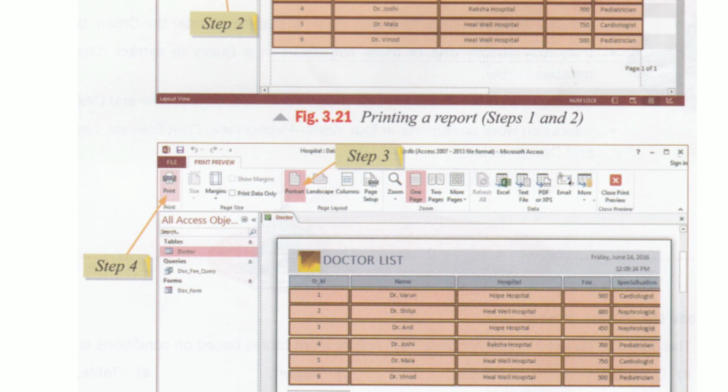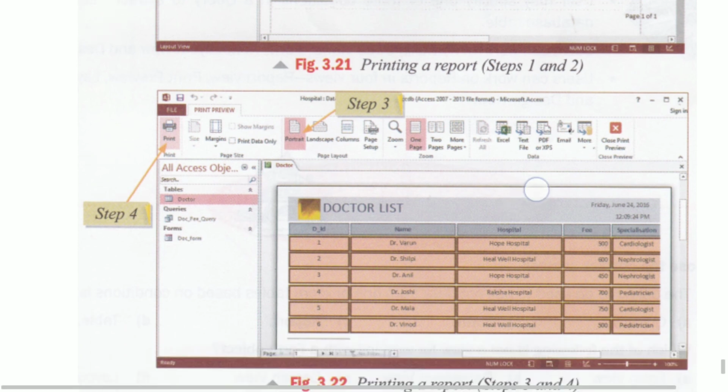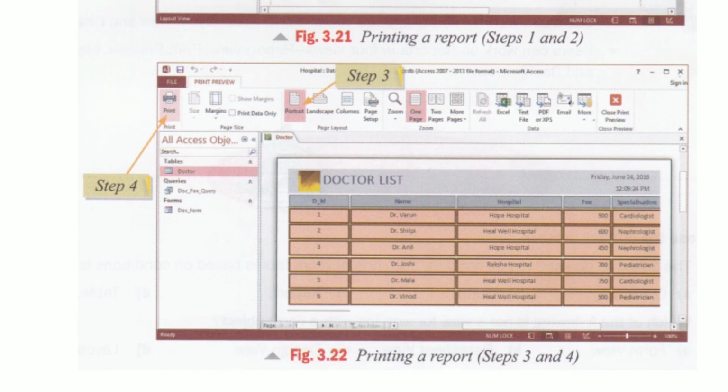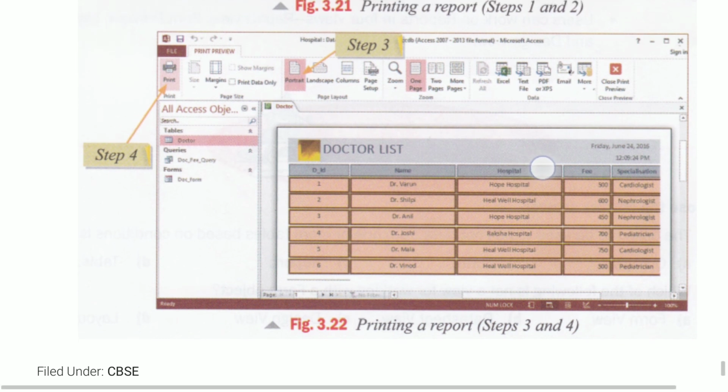In step 3, it is indicated that you can change print related settings like page size, margin and orientation, and thereafter we can click on the Print command, indicated by step 4, to print the report. This is how we print the report.